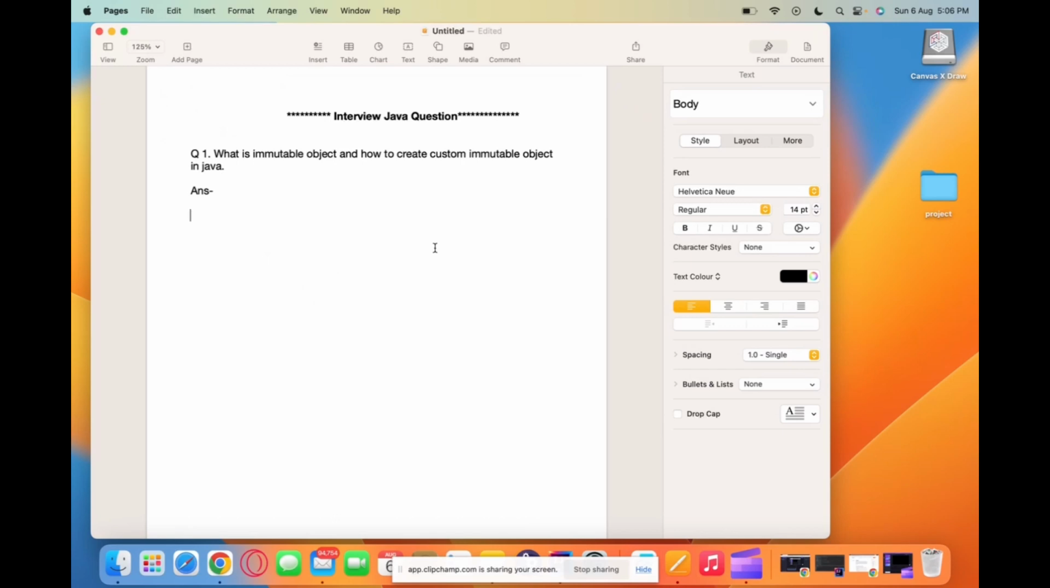So basically, we are discussing here Java interview questions. Most recently, I have attended many interviews, so here I'm just explaining the interview questions. The first question most interviewers are asking is, what is an immutable object and how to create a custom